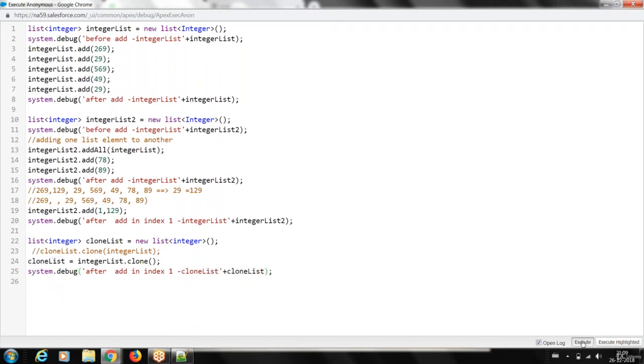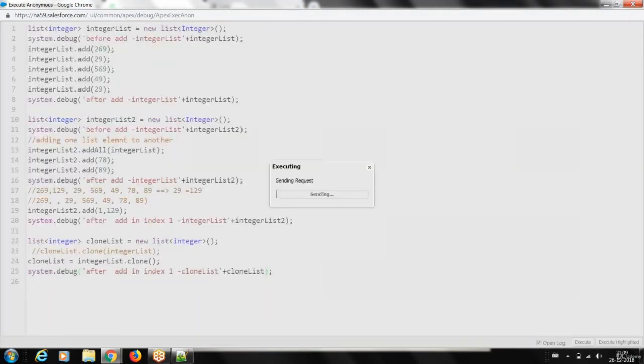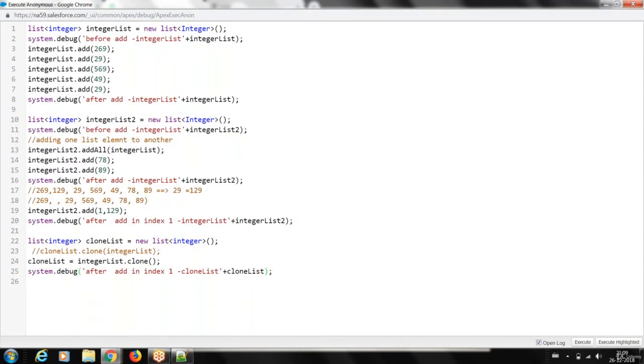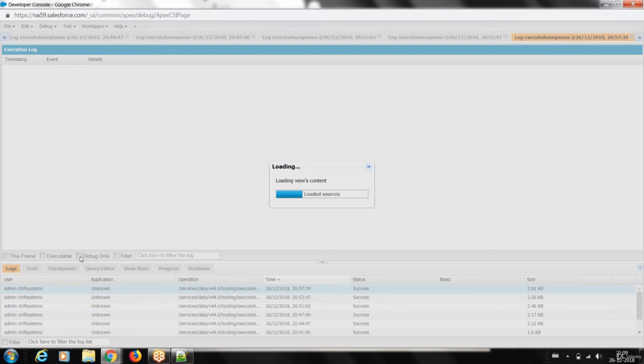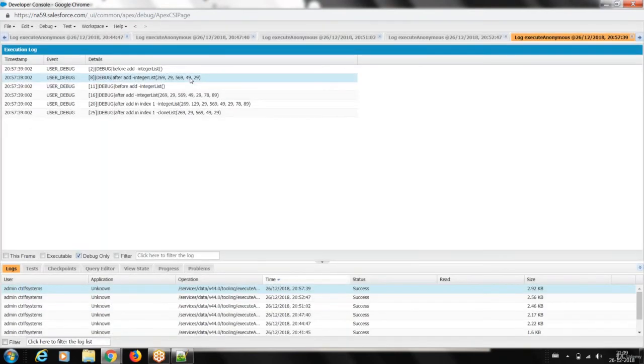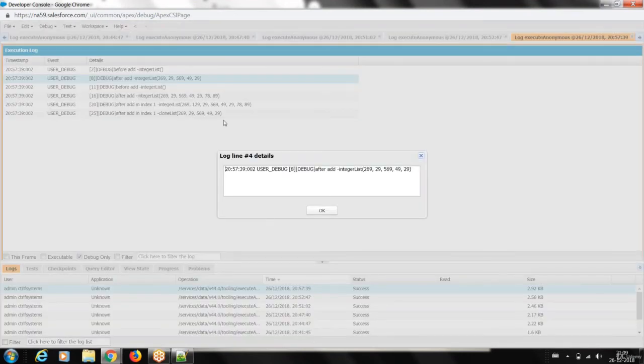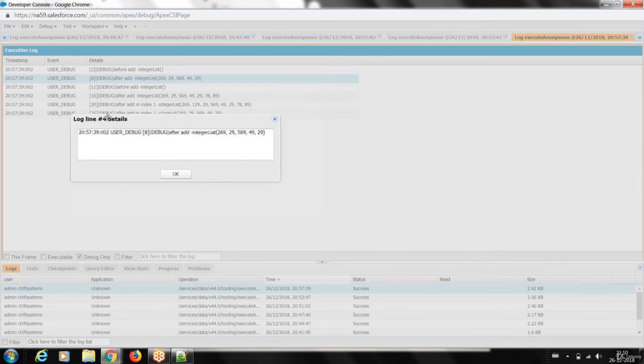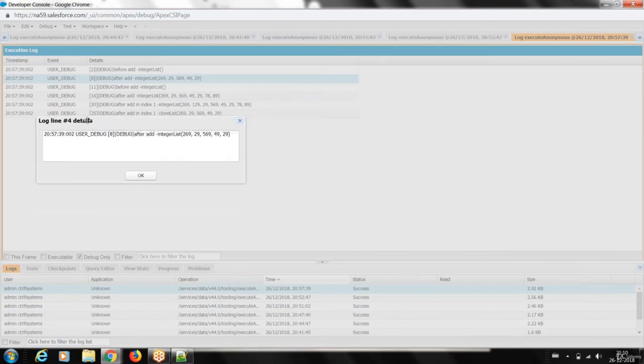So I go and execute it. Now you see in the debug log, this value and this value are the same. Let me take this nearby. Both the values are the same: 269, 29, 569, 49, 29.